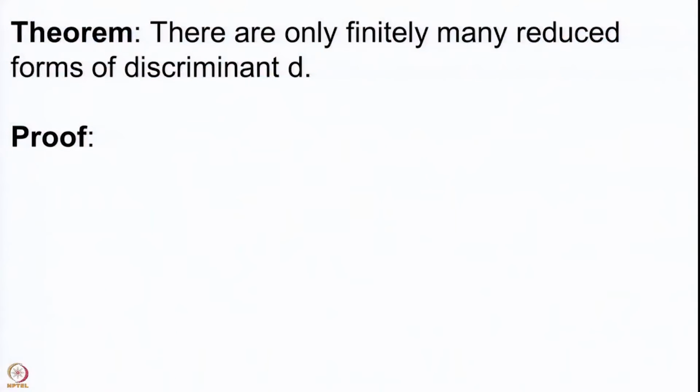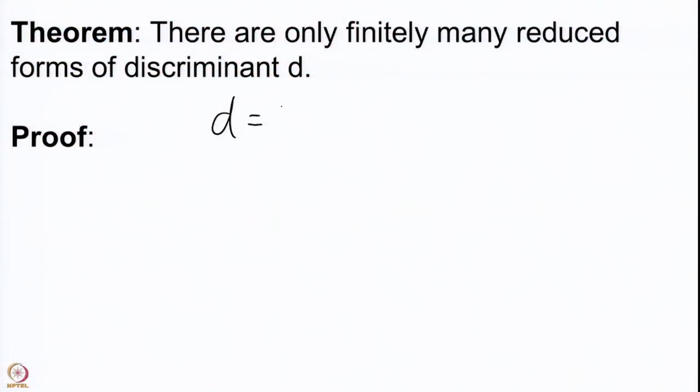The theorem says that if you fix a discriminant D, then there are only finitely many reduced forms of that discriminant. So, assuming that you may have two distinct reduced forms to be equivalent, it is likely that Gauss will give you one reduced form, Lagrange will give you perhaps another reduced form, but the answers cannot be infinitely many different answers. The answers will be from a finite set. We will later see that both the answers will have to be one and the same. But let us first show that reduced forms of a given discriminant is a finite set.